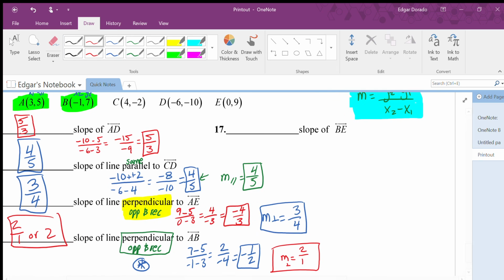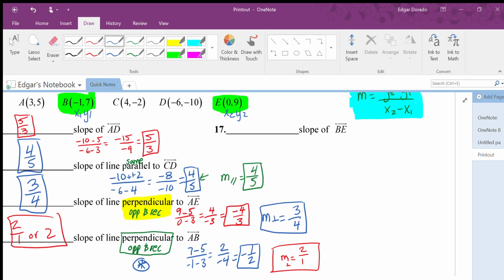And then finally, number 17 that we kind of skipped. You can take a quick look at that one. That one just wants to know the slope of BE. So very simple. B and E, x1, y1, x2, y2. It doesn't matter which one you call x1, y1 and which one you call x2, y2, guys. Just keep it pretty consistent. I just picked the first one I see. So from the left to the right, I just picked that one as x1, y1, and the second one as